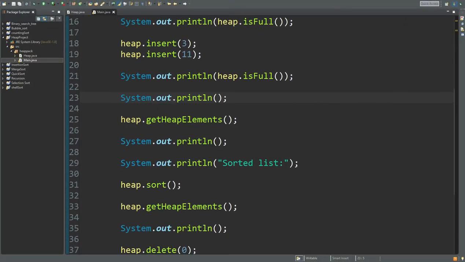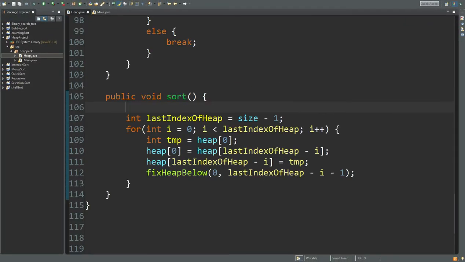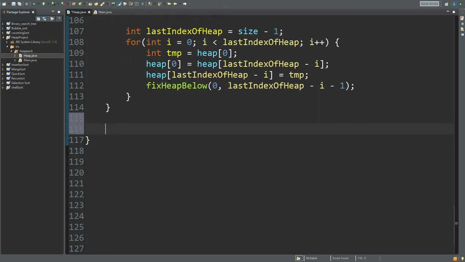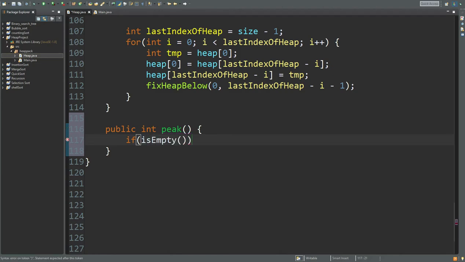Now let's write the pick method so that we can pick the first item of the stack of the heap. So we go there in the heap class and we write the following method. Public, it returns an integer, and we first check if the list is empty, because if it's empty we can't do anything, so we will